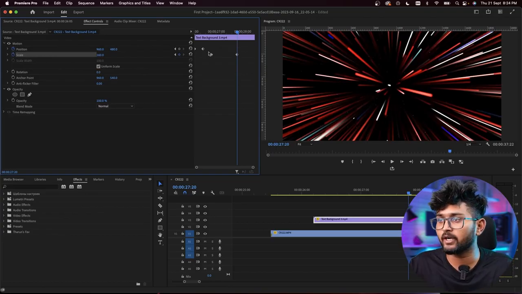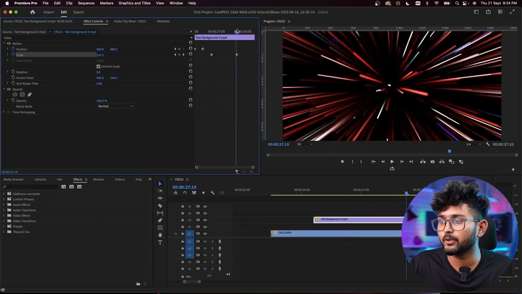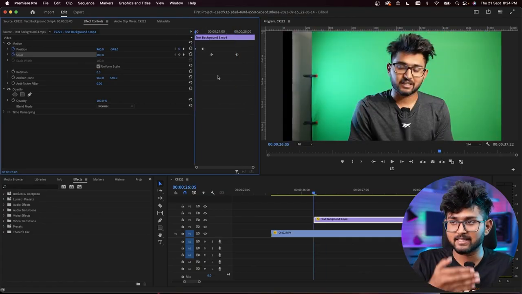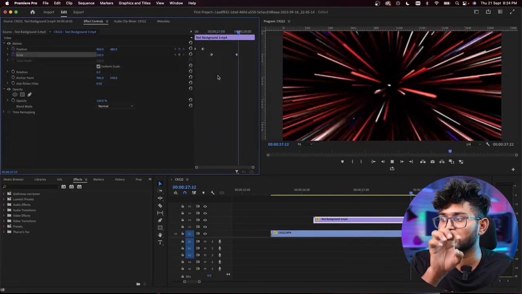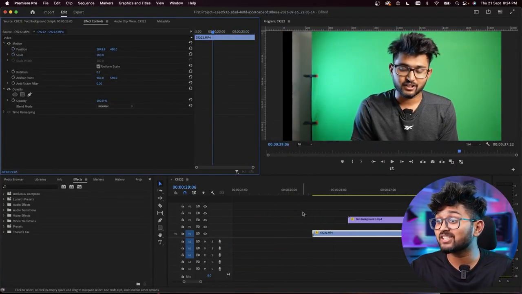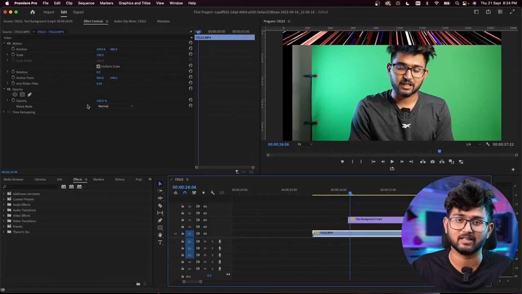So what is happening at this point of time is we had the scale to be 100, and here you put it to 160. From here to here, you can also change it here or here, it doesn't matter. Here the size was 100 and here you put it to 160. So now what you see is it comes inside the screen and then it starts zooming in, right? Got it? So these kinds of animations can be done using keyframes.